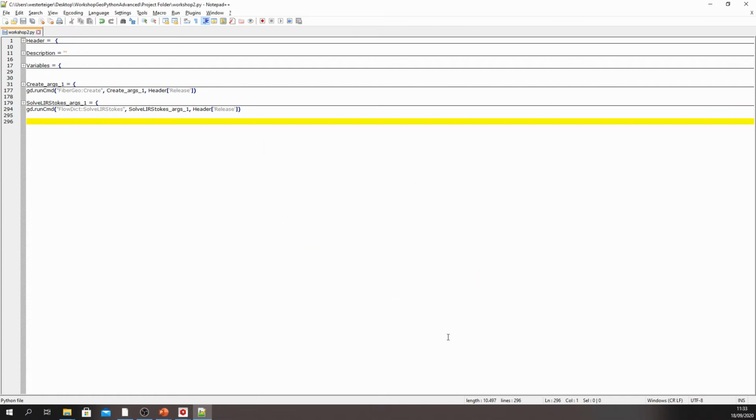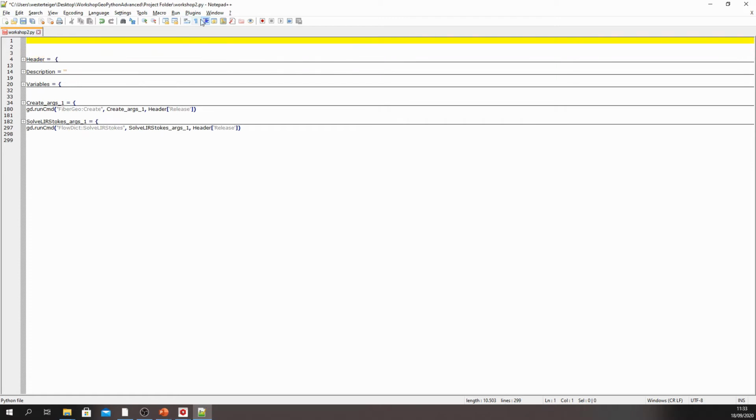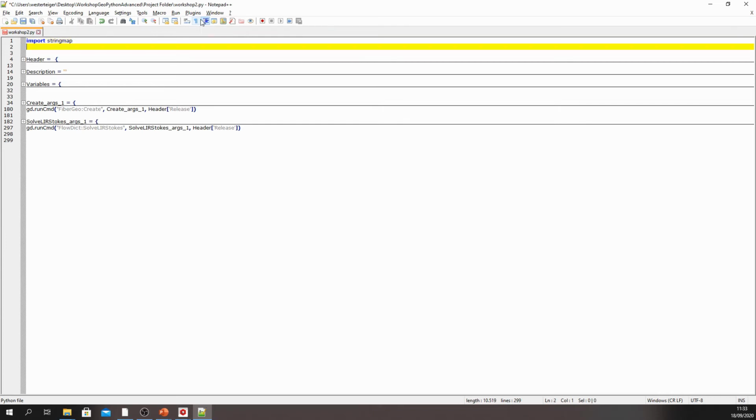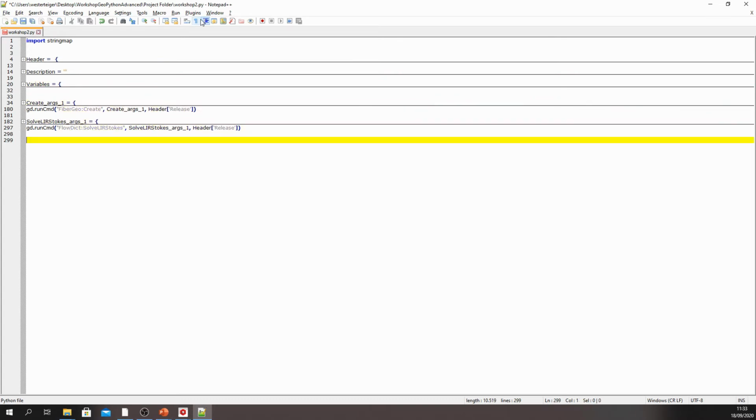Now you saw that we have selected a file which was a so-called Geodict result file, which when opened showed us the result viewer with all the results from the flow simulation. Now what we need to do to access the simulation result from GeoPython is open this GDR file. What I would like you to do first is go to the very first line above the header and as the first line enter import string map. This is a Python module which is shipped with Geodict, which allows us to access files such as GDR files. And by giving the import statement, it will allow us to use this module.